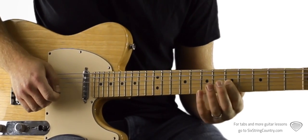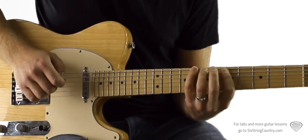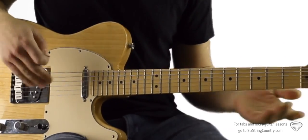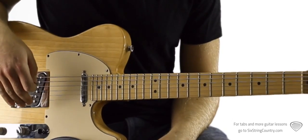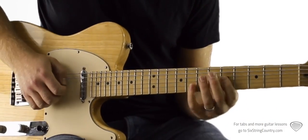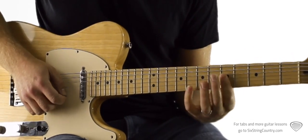And you can go into all different variations. We're going to do that, or most of that, in an exercise later on. But it's a technique that we use all the time in soloing and in lead lines. And so there's a few things we need to think about here. The technique of the hammer-on and the pull-off is really the same. But if we're doing a moving line like that,